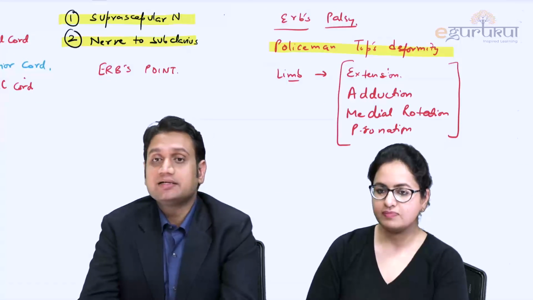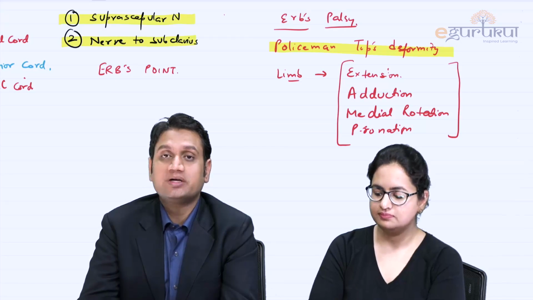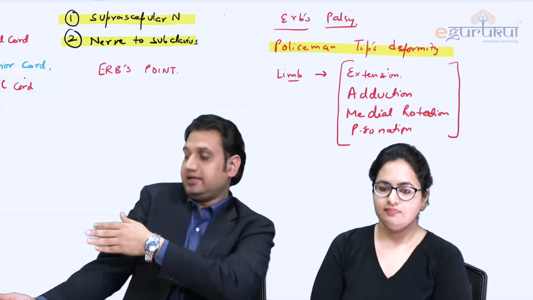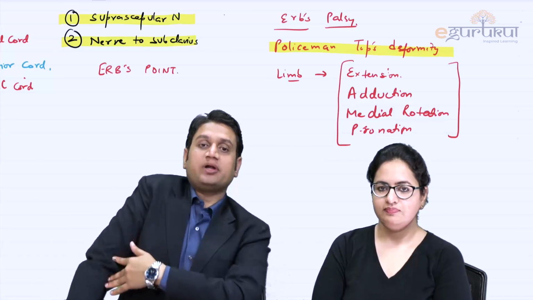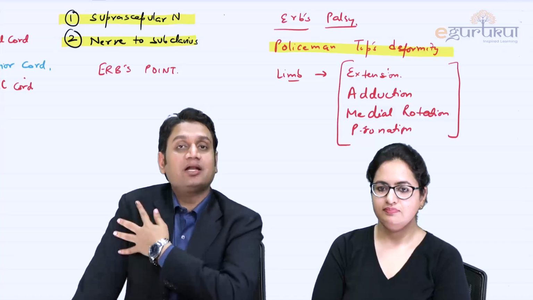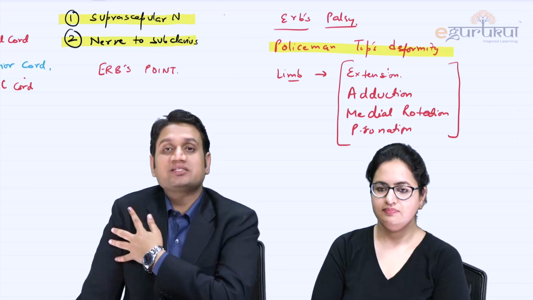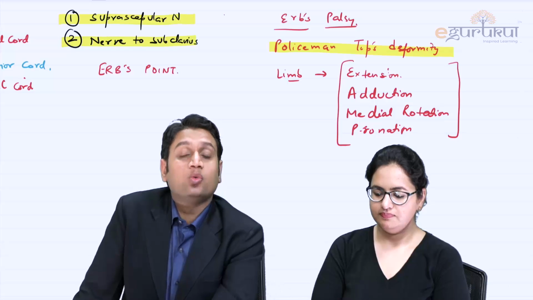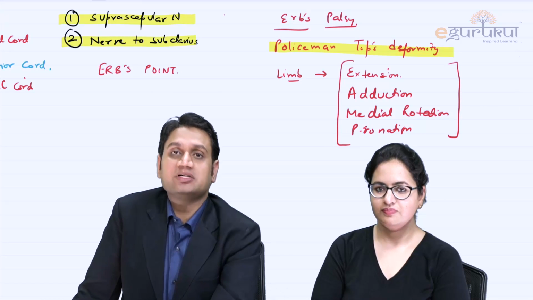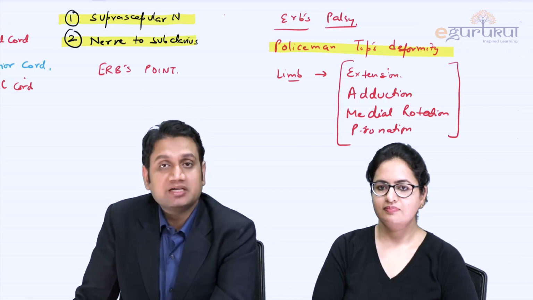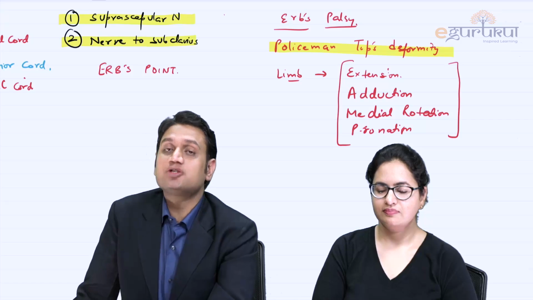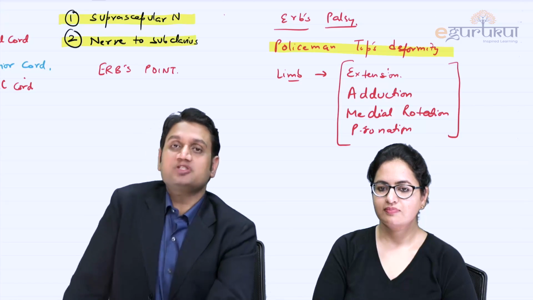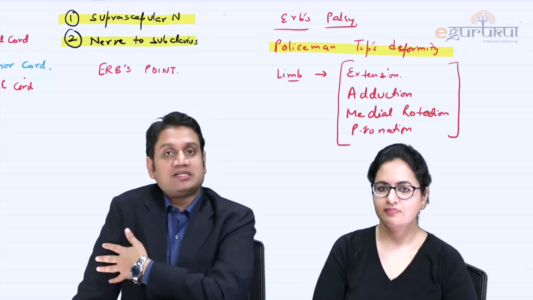Okay, so I'll just add it here. As ma'am said, the limb attitude: the arm here is adducted, elbow extended, forearm pronated, and obviously the whole limb gets into internal rotation. If somebody asks you what is the attitude, that's the attitude. That is what you call a policeman's tip deformity. What is lost? Lost is flexion, abduction, external rotation, and supination. So policeman's tip is the deformity seen in Erb's palsy.